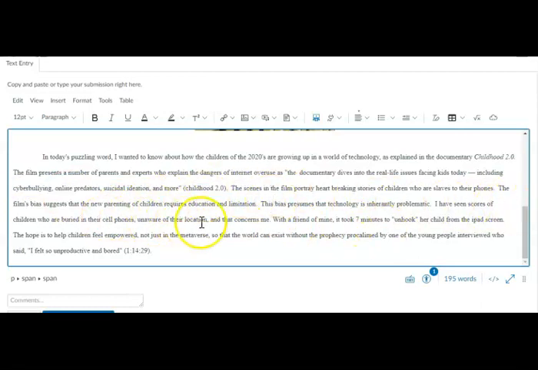And then I go on and use the other sentences that were required, and I end with a quote from the film itself. Now, what's this number? Well, let's go see. That number is the timestamp number that I found when I chose this quote from the actual film itself.